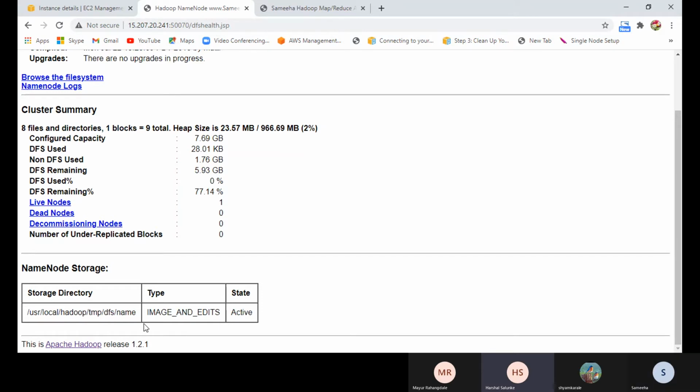Right now we just have a single node cluster, that's why it is one. Live node is the data node. So when we deploy multi-node, instead of one it will show 3 live nodes.